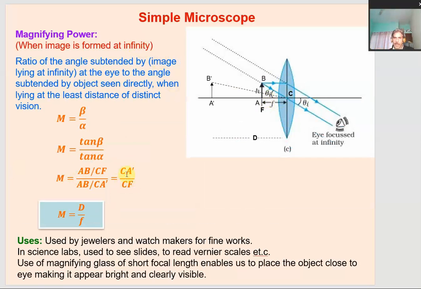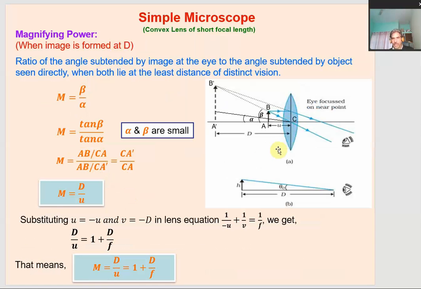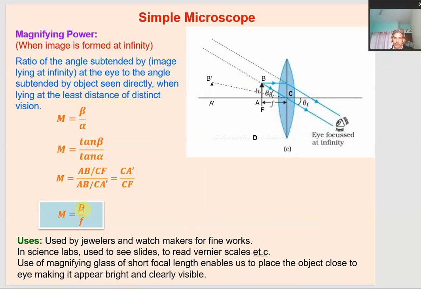So CA dash is nothing but D, and CF is nothing but F, the focal length of the lens. So this is the formula for the magnification when the final image is formed at infinity. And earlier, when the final image is formed at the least distance of distinct vision, the magnification is 1 plus D upon F, which is 1 more than this value, D upon F. So that means we get a more magnified image